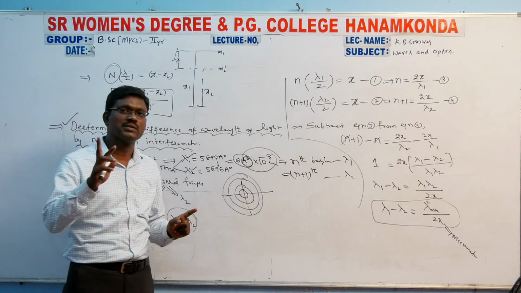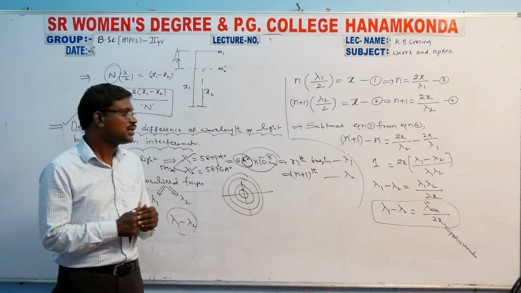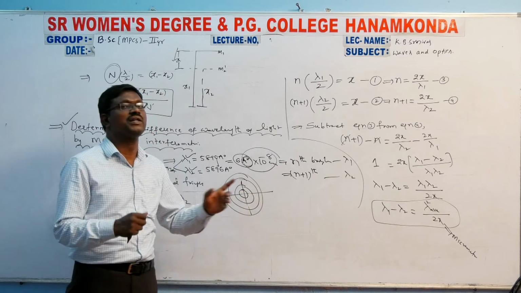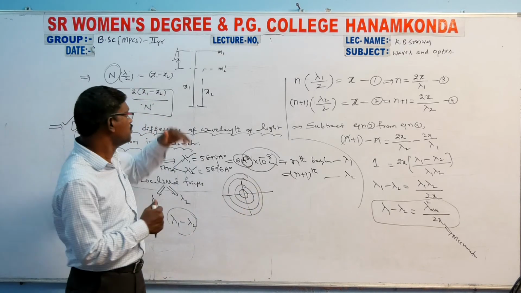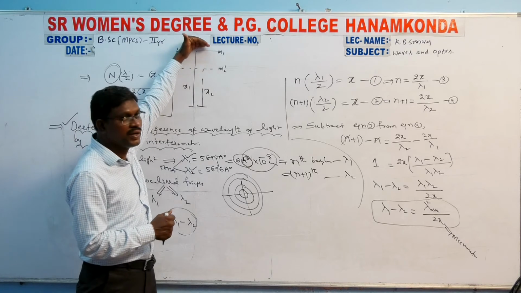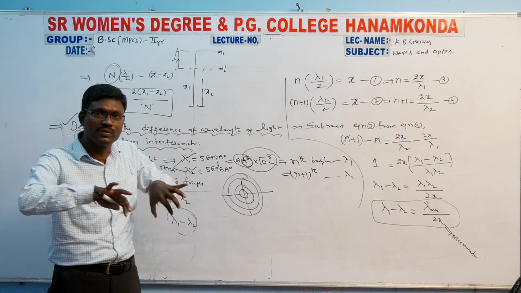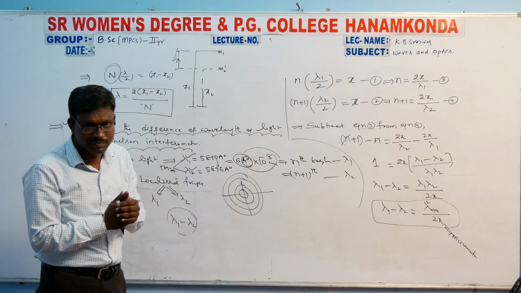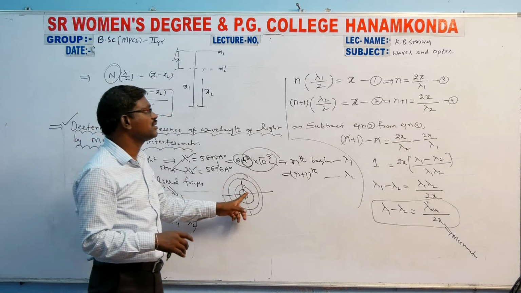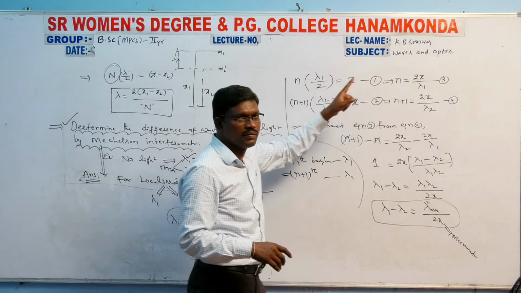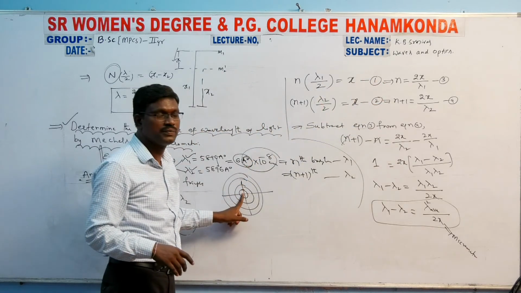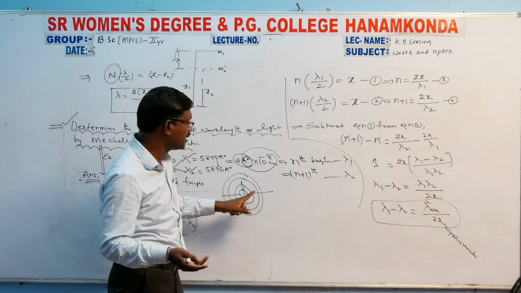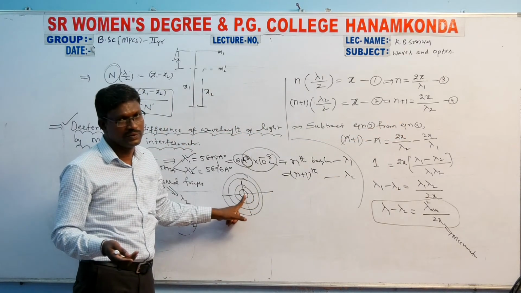But these two wavelengths are very close to each other. Instead of getting two fringe patterns, we get only one fringe pattern. If you move this M1 mirror away from M2 dash, you can observe that these fringe patterns are separated at the center of the field of view. Imagine the nth bright fringe of the lambda 1 wavelength appears at the center of the field of view, and the n plus 1th bright fringe of the lambda 2 wavelength appears at the center of the field of view.